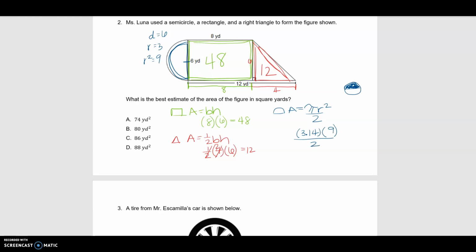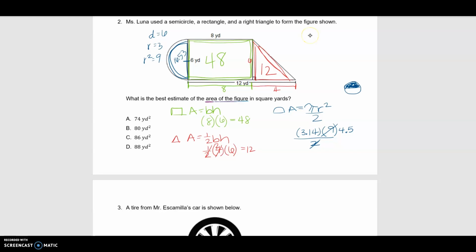Okay. So you have 2 options. We can either simplify here and divide 9 by 2 and then multiply, or you can do 3.14 times 9 and divide it by 2. I'm going to simplify here because I know that 9 divided by 2 is 4.5, because 8 divided by 2 is 4, and I need a half and a half to get to 9, and now I'm going to multiply. Okay, so